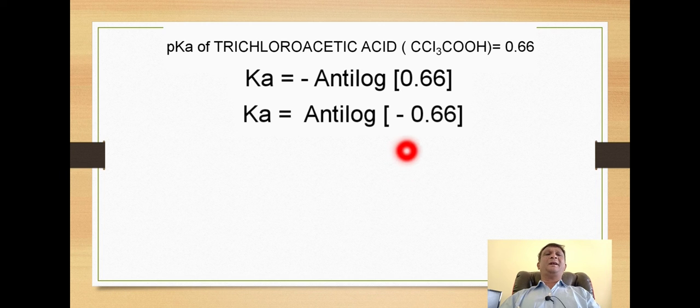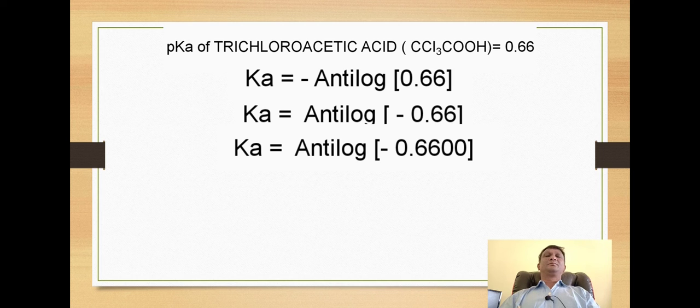Again, in the characteristic, we have a single digit. In the mantissa, we have the 2 digits. So for simplicity, we will put 2 zeros after this 66 so that it will become a 4-digit figure. So it will become Ka equal to anti-log of minus